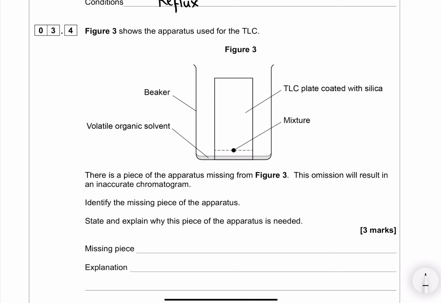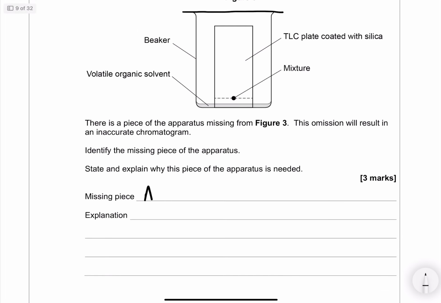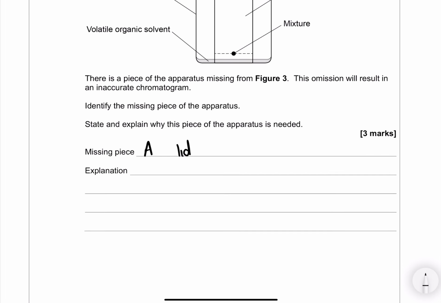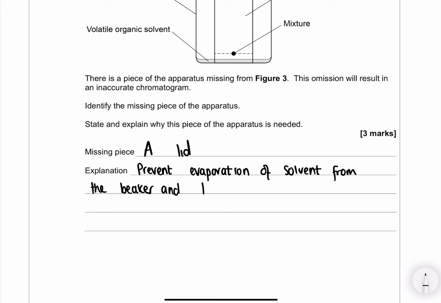Figure 3 shows the apparatus used for TLC. There's a piece of apparatus missing. The omission will result in an inaccurate chromatogram. State and explain the piece of apparatus that is needed. Well, you can see straight away we need to cover this with a lid. The reason we need to do that is to prevent evaporation of the solvent from the beaker and the plate,